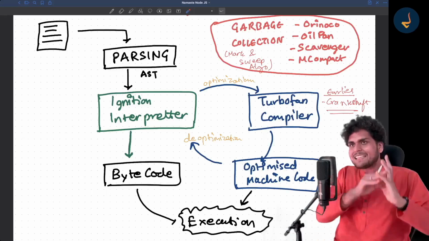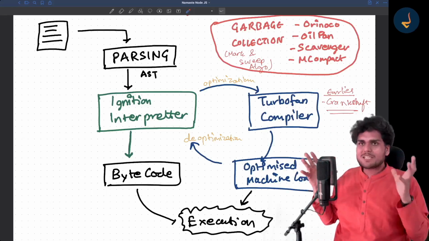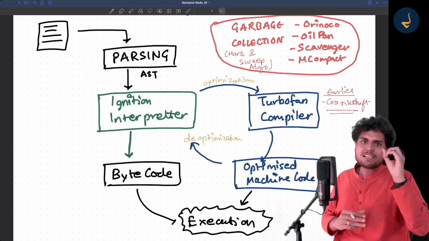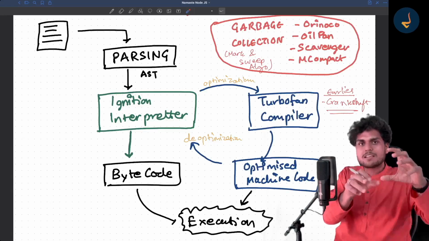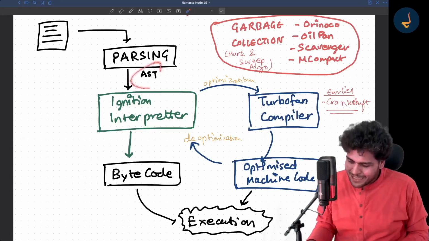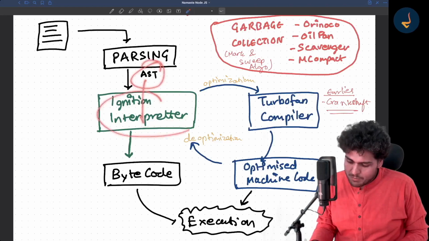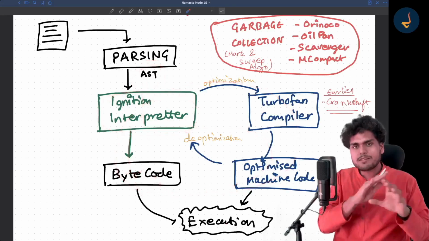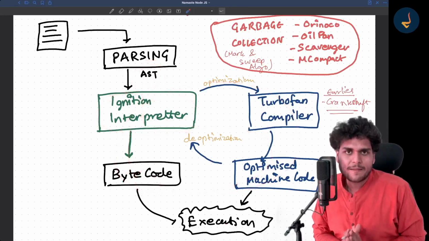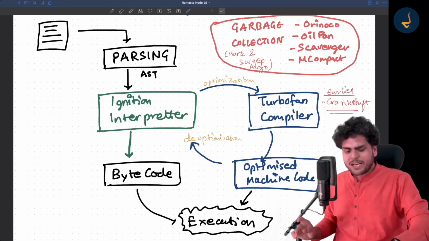But at the end of the day, these are the things which are happening behind the scenes. Every JavaScript engine will convert your code and break it down into tokens. Tokens are converted into an AST, and after converting to AST, it is passed on to the Ignition Interpreter, bytecode, and optimization, de-optimization. All these things work behind the scenes. Okay, now let me just quickly go to code.